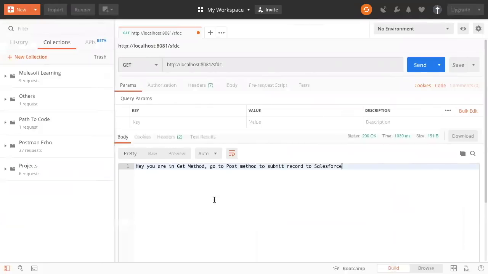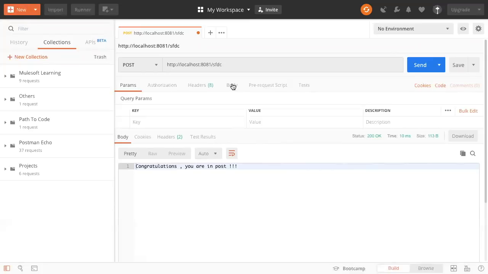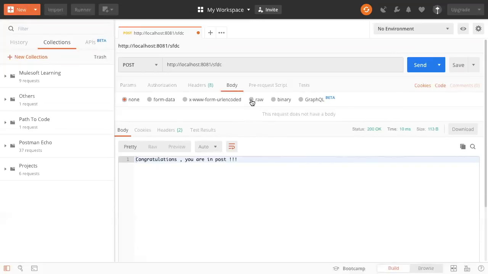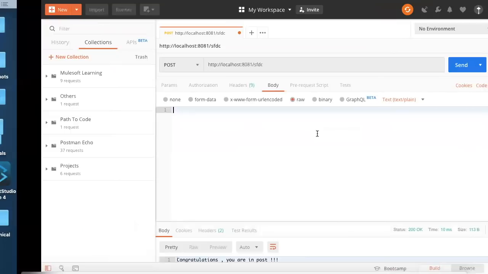Right? Everybody? Now I'm going to just change to POST. Worked, right? Now what I want to do is, we have a body. I'm going to send some raw data, and I want to see if it is able to capture that data. So I have a CSV file ready.